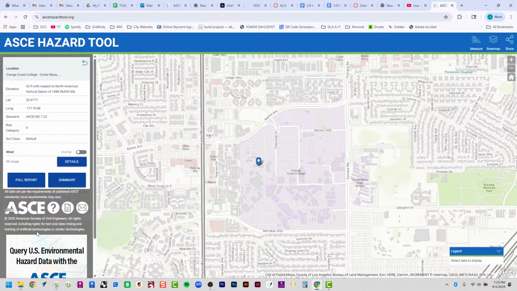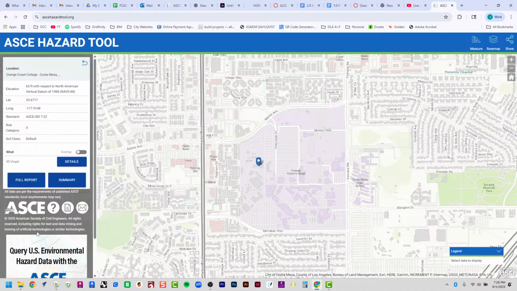the only information we need from here is right here under wind. It says 95 mph. So what does that mean? What we're trying to get out of here is that every location on the planet, in this country, in the state, has different seismic loads and requirements, and different wind load requirements. A design that I'm building here in California might differ from one that's being built out in Wisconsin or Kansas or